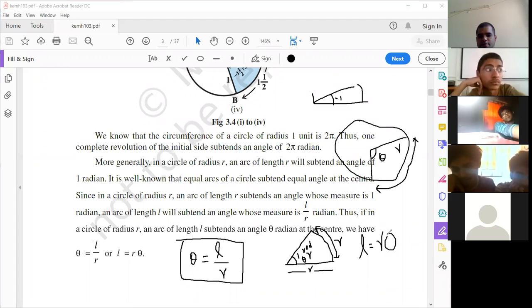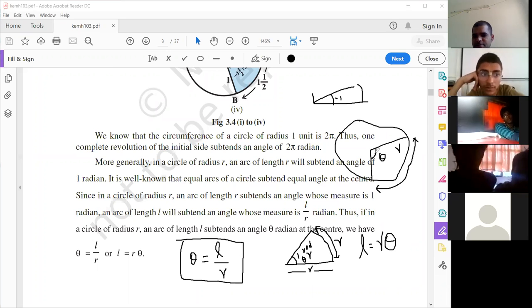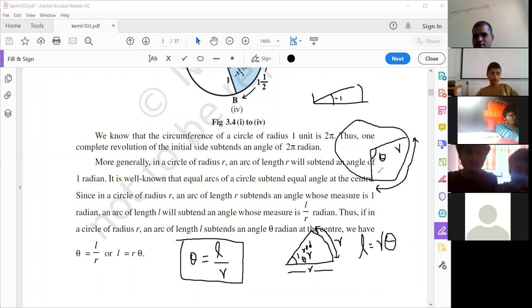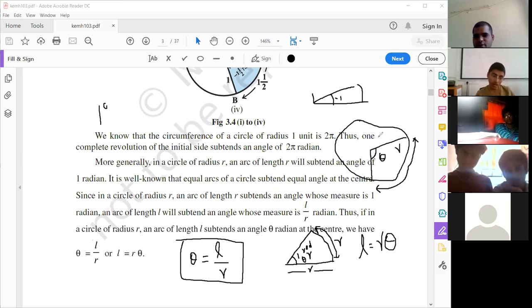Or vice versa is also true. If you know this angle theta, ये एंगल तो मेजर कर सकते हो डिग्रीज में, हाँ? फिर डिग्रीज से इसको रेडियंस में भी कन्वर्ट कर सकते हो. How? जो मैंने रिलेशन बताया ना अभी, through the relation, pi upon 180. तो ये जो थीटा है ये तुमको रेडियन में मिल जाएगा.